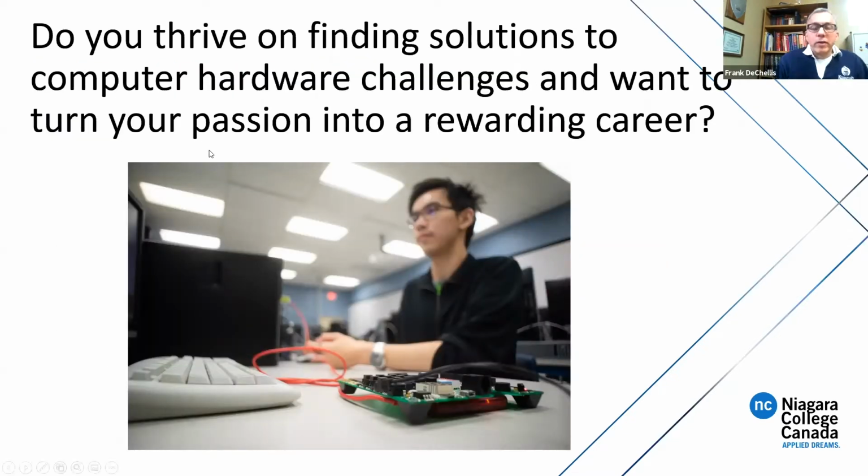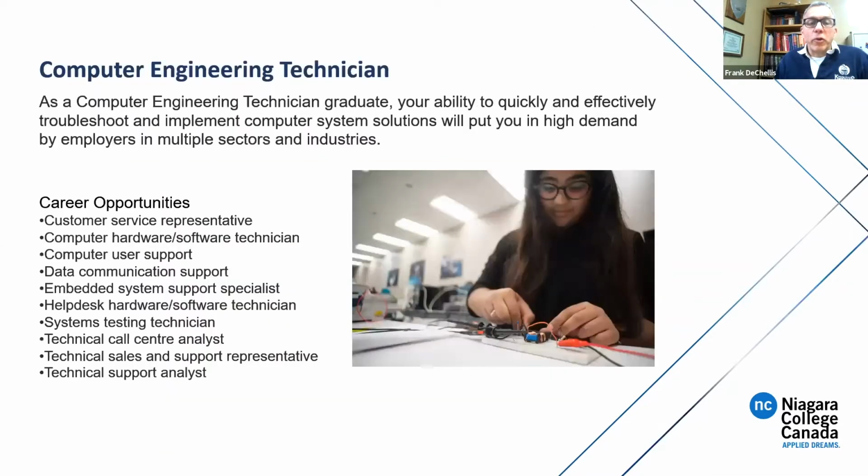Okay, and then there's our computer engineering technician program. So this is a 2-year program. There's no technology option here. There's no technology option for the computer engineering technician. And as a computer engineering technician, you can get into being a customer service representative, computer hardware and software technician, user support, data communication support, embedded system support, help desk, system testing technician, and a lot of sales and support